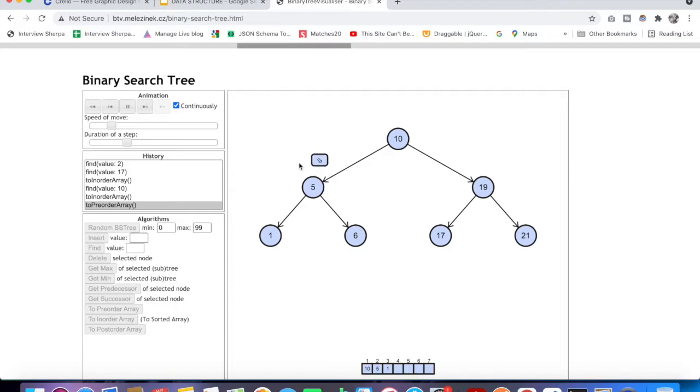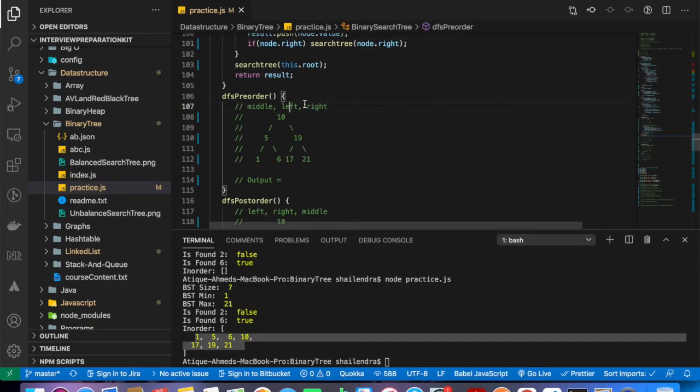It will traverse towards 5, then come to 6 here, 6 will print here, then again 6 to 5 and 5 to 10 and 10 to 19, and 19 is going to print here, then it will go to 17, 17 is going to print here, then 17 to 19, 19 to 21, and 21 will come here itself, as per the rule we have discussed: middle, left and right.